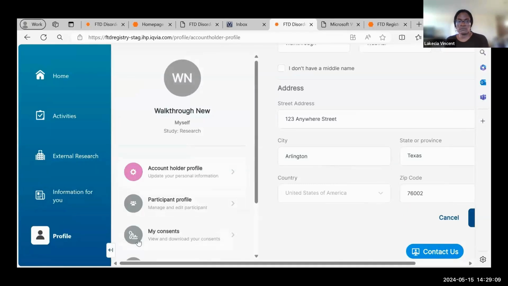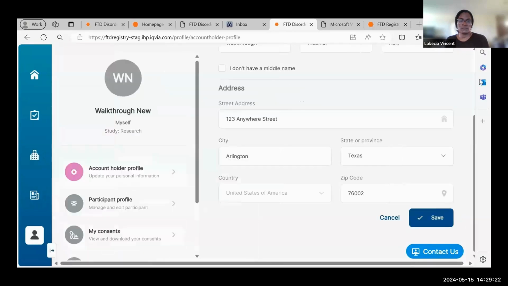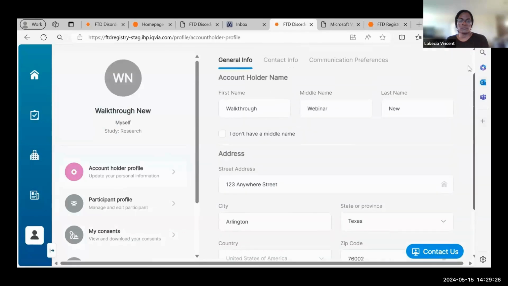You can expand that turquoise tab there if you don't know what the icons mean, and it'll give you a brief description of what that is, like a topic, a name of that. And you can also close that when you don't want to see those names of the icons anymore.